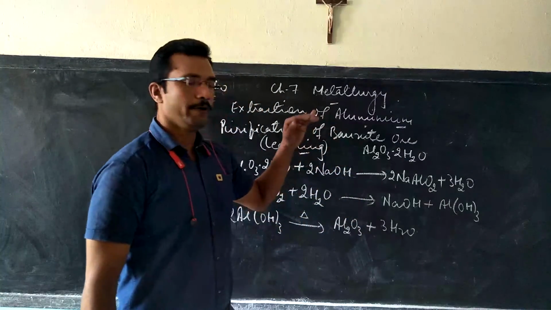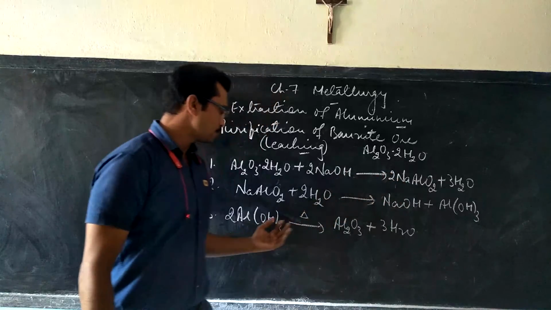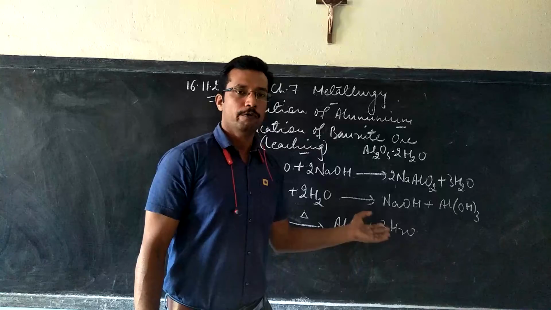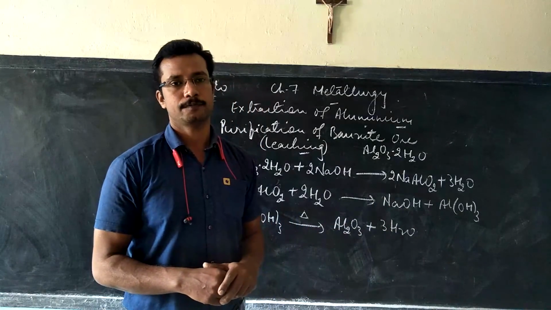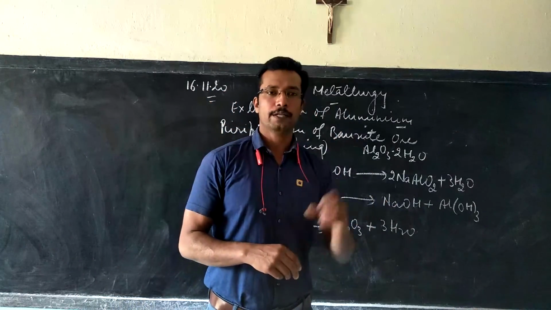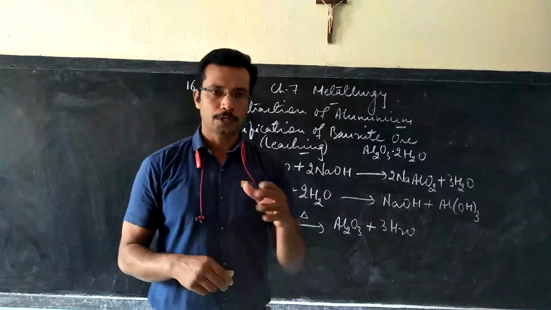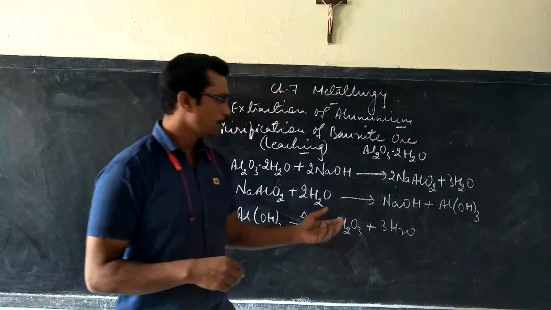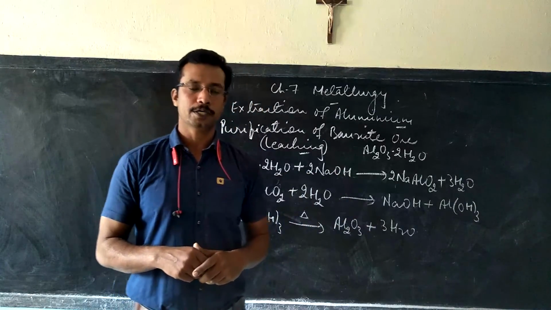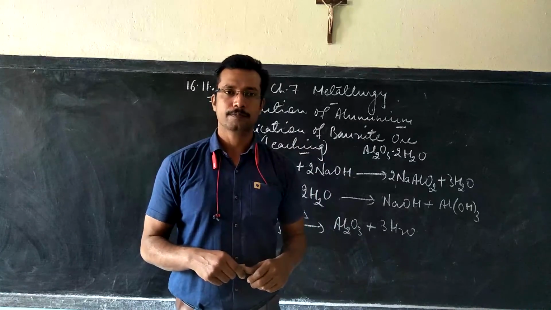So not only have we done the concentration of the ore, but we have also converted the concentrated ore into oxide, aluminium oxide. Now this process is over, where the first two steps are completed. Next we will come to the reduction step to remove this oxygen, which can be done by the electro reduction process. I will discuss that in the next class. Thank you.